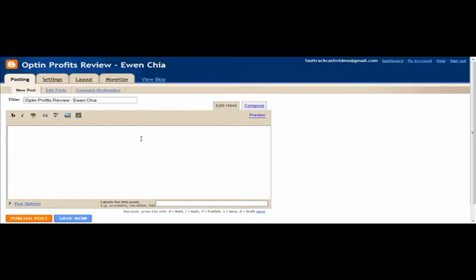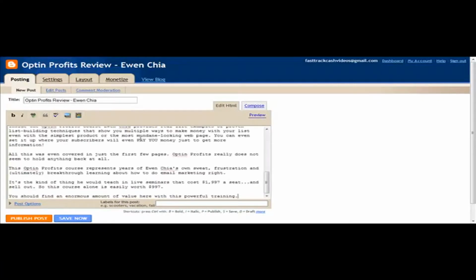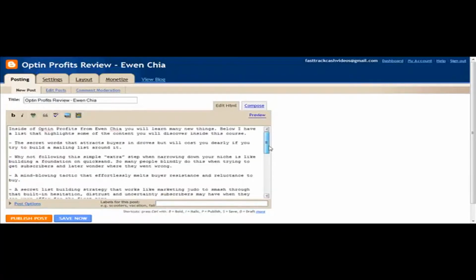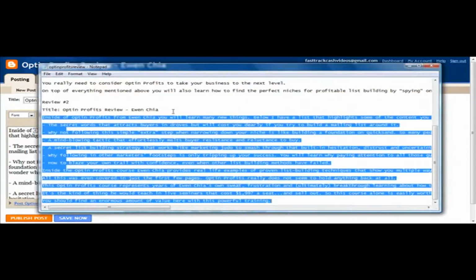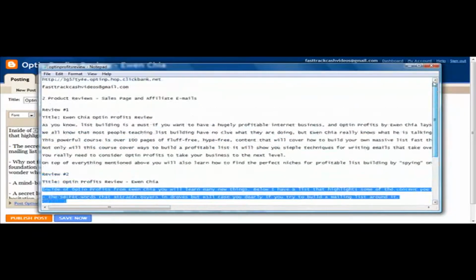So you want to come right over here to where it says Edit HTML, and you just simply want to paste in that content. Now once you're done here, just go over here to where it says Compose, and there's some different things you want to do here. What I would recommend is, for one, you want to grab the name of the course, Opt-in Profits from You and Chia. Make that bold, and make that your affiliate link. To do that, again, you highlight it, you click this little world icon with the hyperlink, and you're going to come right down over here, and you're going to select